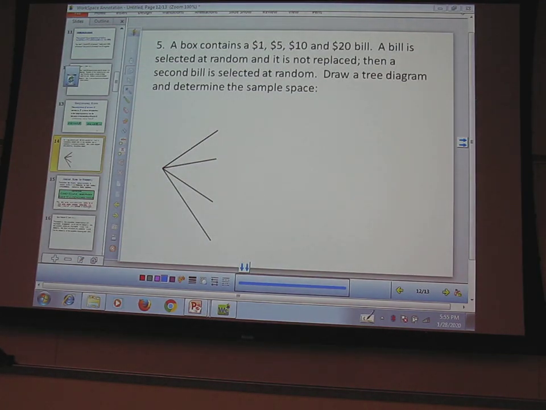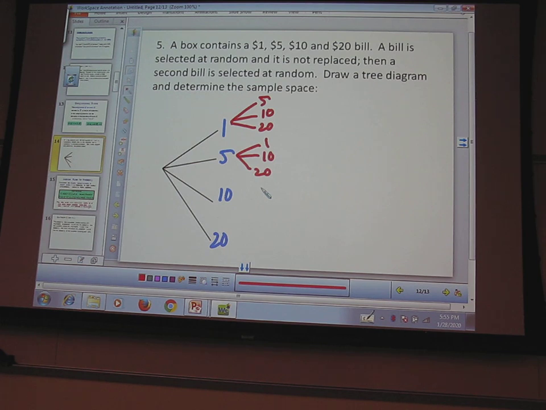All right, Tim, what can I draw? You said a 1, a 5, a 10, or a 20. If I drew a 1, what can I draw next? 5, 10, or 20. But this is different. What if I drew a 5? 1, 10, or 20. Yeah, a 1, a 10, or a 20, because I can't draw two 5s, 5 twice,